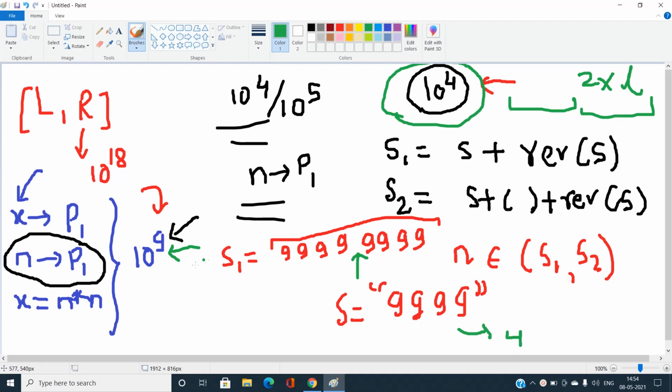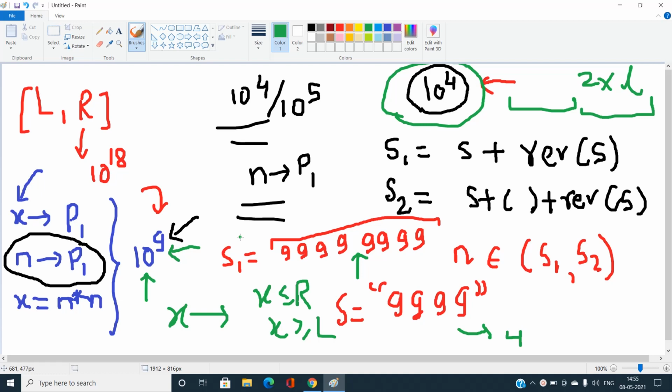And if n is a palindrome, I can easily square this n to find x and check if x is a palindrome. Then I will say that x is a super palindrome, and x should be included in our answer only and only when x is less than or equal to r and greater than or equal to l. So this is the entire key point of this problem. Rather than starting from x, start from n, find a string n which is a palindrome, square this n to find x, and check whether x is a palindrome or not.